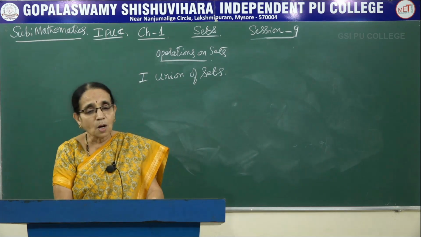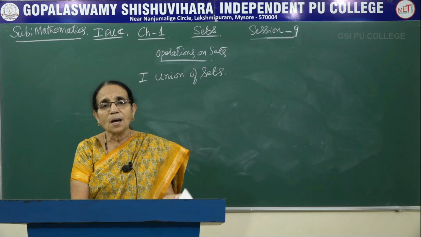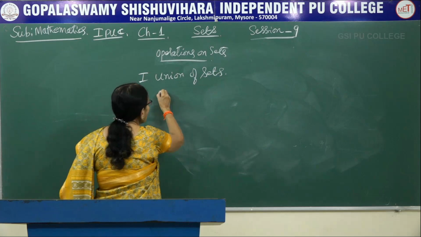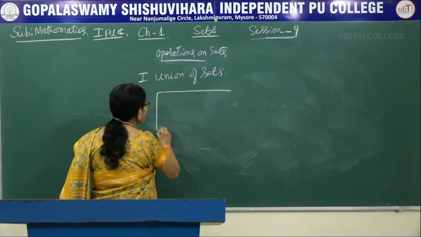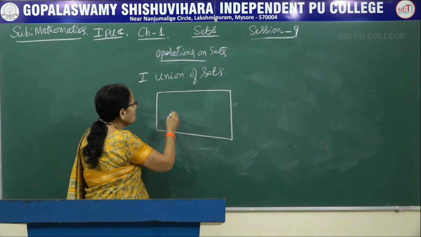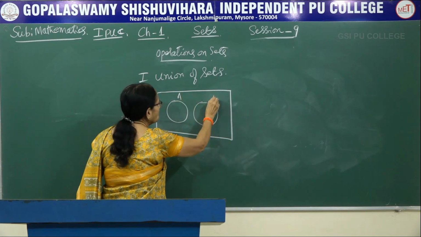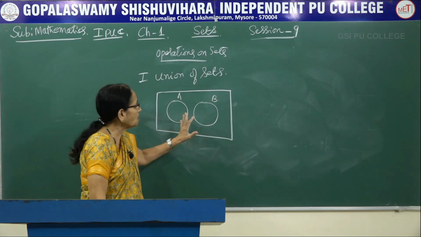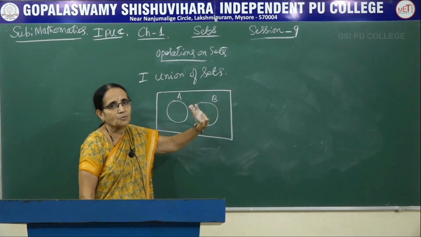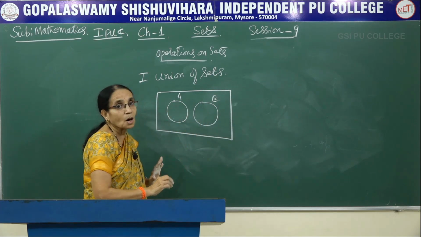Suppose they ask you, find the union and then represent it with the help of a Venn diagram. How do you write that one? Now, as usual, we consider the rectangle that denotes a universal set. Now, let me take A and B here. Let me assume that both A and B do not have any common element, like the second example I took, A, B, C and E, F, G. This contains A, B, C, this contains E, F, G. That means that there is no common element.